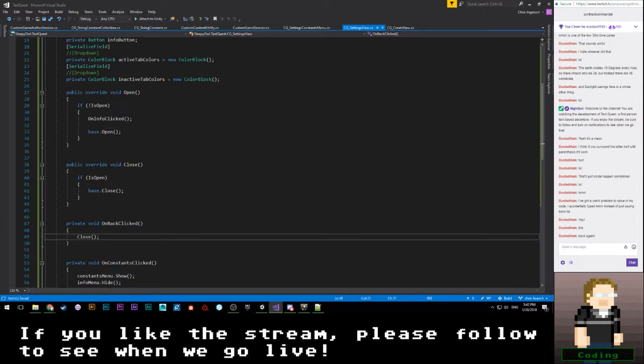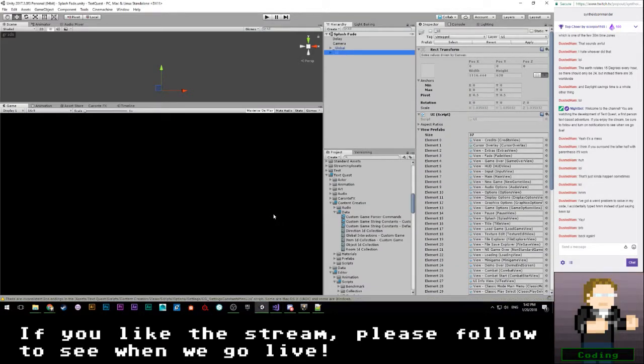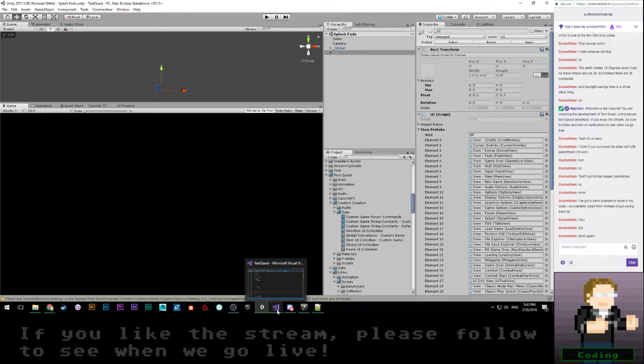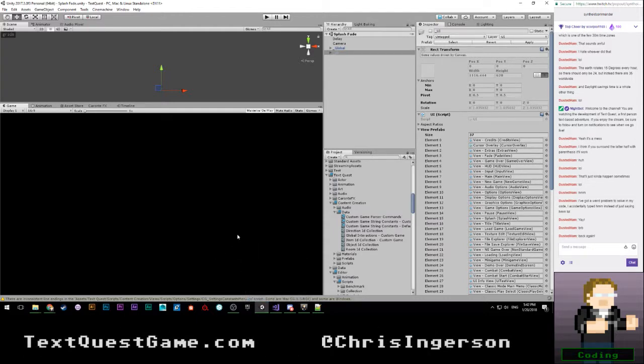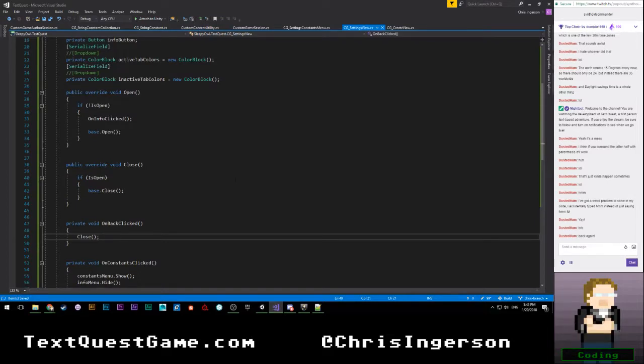Nah, it's fine. We'll go ahead and let that go. So we should be able to actually see those things load in correctly. And you know what? We might as well set up the logic to let us change those values.